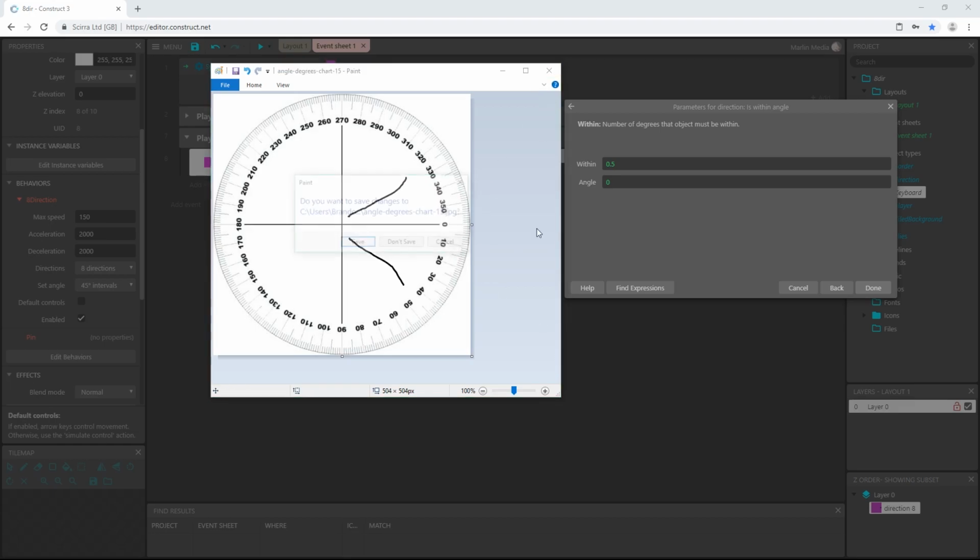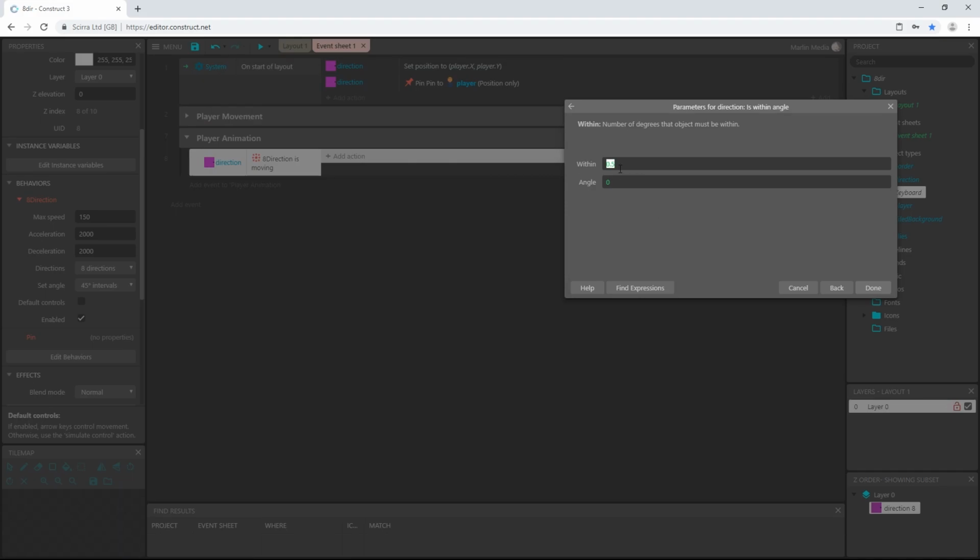So that's why I have this within angles. And that angle is going to be within 46 degrees of angle 0. As long as we're moving at an angle that is within 46 degrees each direction of 0, then we'll be able to play this particular animation.